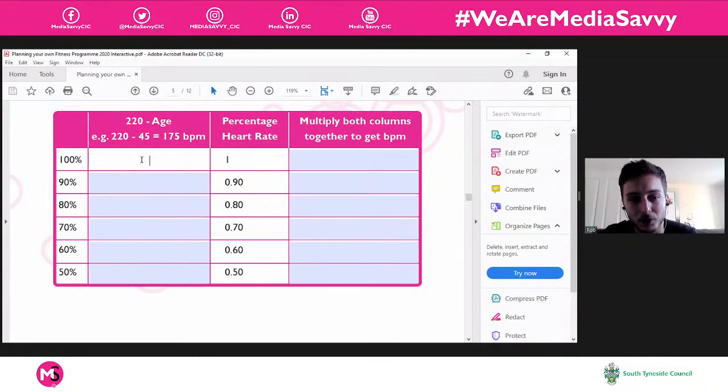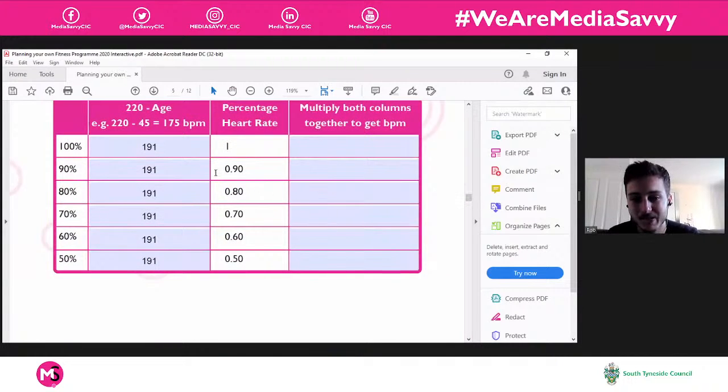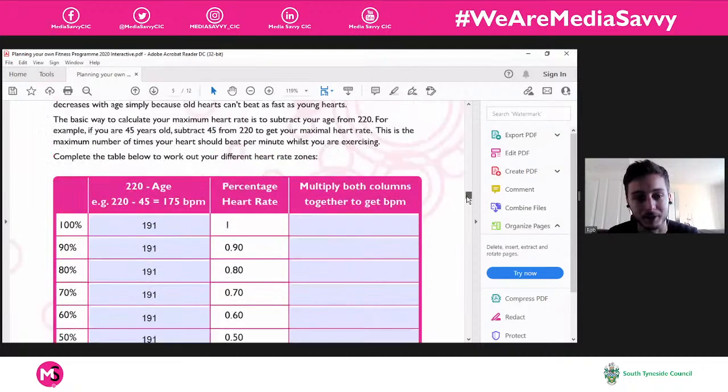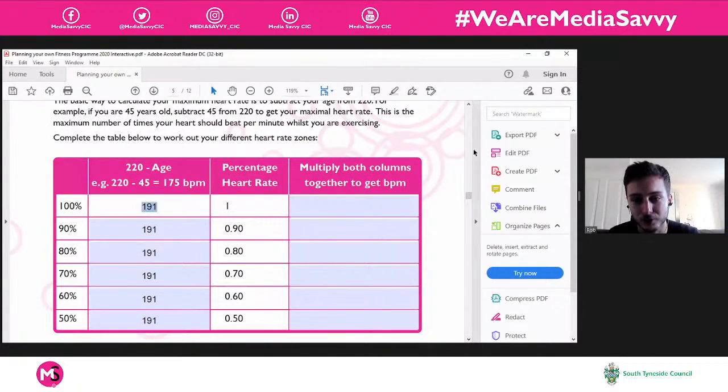Okay, so in this column here, we're going to do 220 minus our age. What I worked out for mine was 191. So we put 191 in all of these boxes, because that is what 100% of your maximum heart rate is. And then all we do to figure out how to fit into these different heart rate zones is multiply it by these numbers here, which we're getting from here. So to get 90% of something, we multiply it by 0.9. This is what we're talking about, guys, when we're looking at these percentages. As I say, they're going to be different for everybody. So if our maximum heart rate is 191,